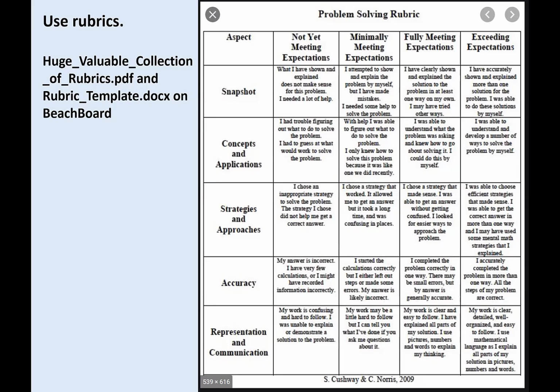And here's an example of a problem-solving rubric for a physics class. And there are things about it I like and things I don't like. So if you